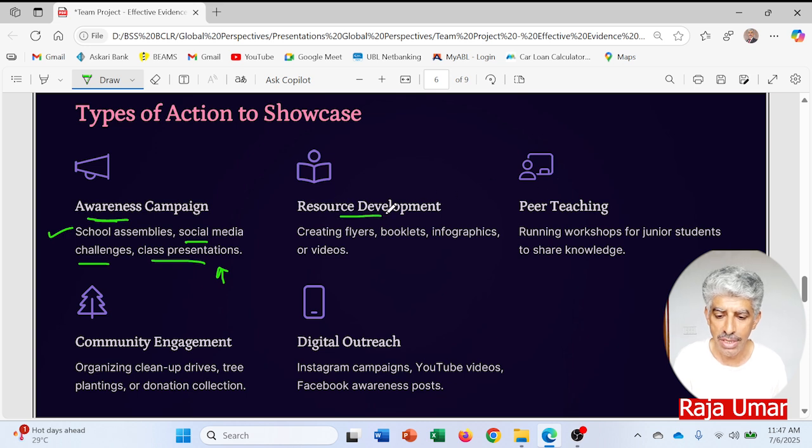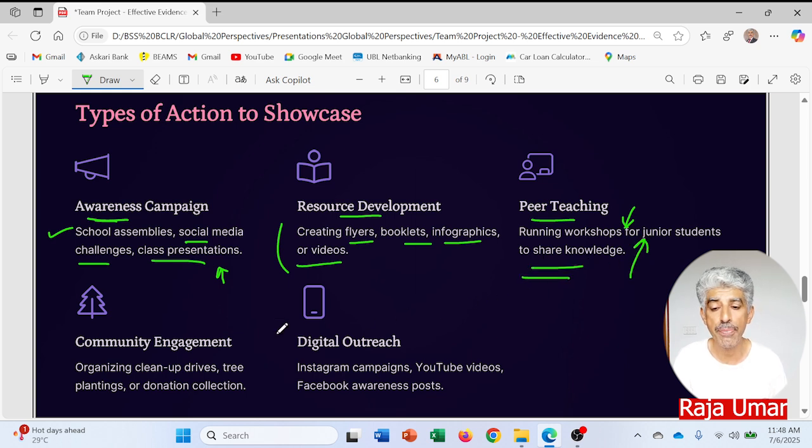And resource development, creating flyers, booklets, infographics or videos, sort of documentaries. Peer teaching, running workshops for junior students to share knowledge. That can be another really very important evidence of action.